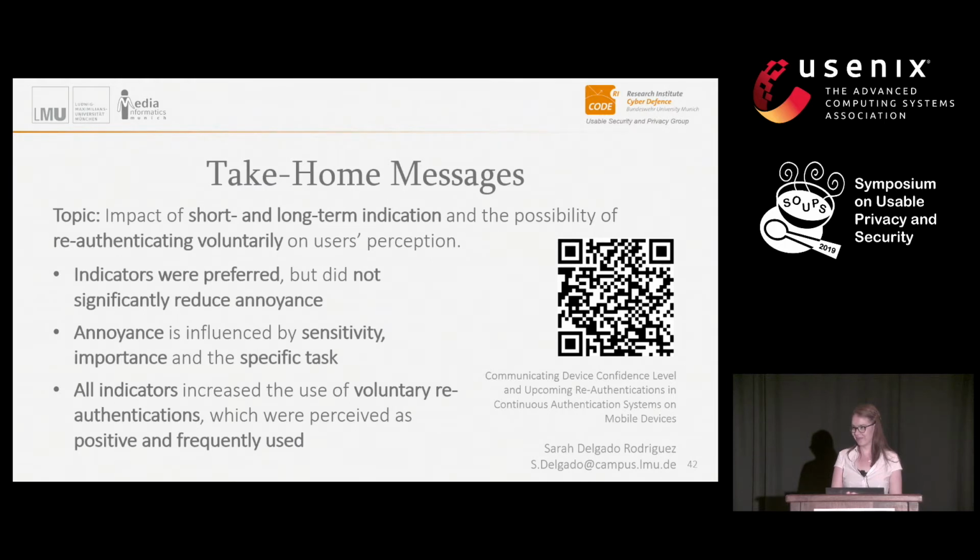I appreciate it. I'm wondering, and this may be out of the scope of this immediate analysis, did you do a thought exercise or a run-through of how this would perform in the hands of an attacker? Because it seems to me like a notification like, "Hey, you need to re-authenticate," would spur an attacker who has the phone to do their task faster, so that they don't have to do that.